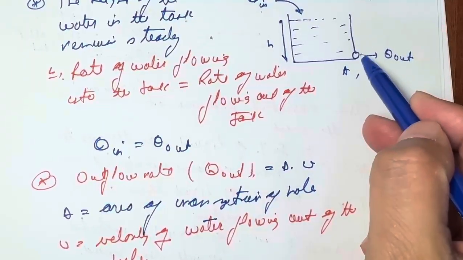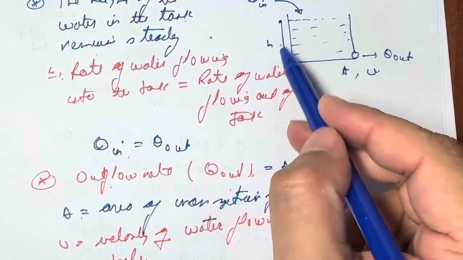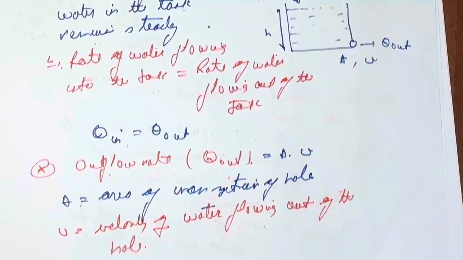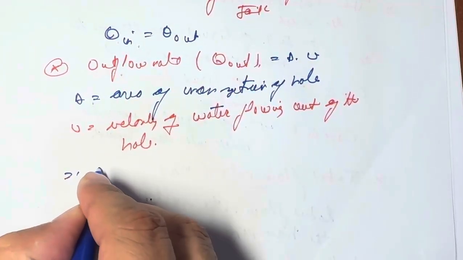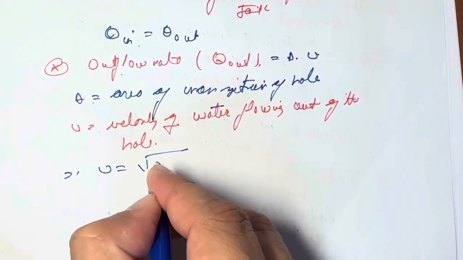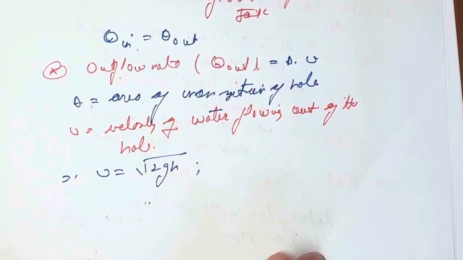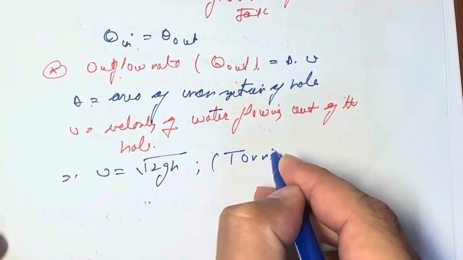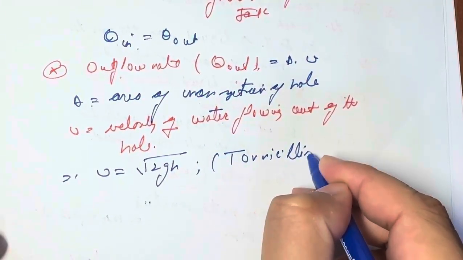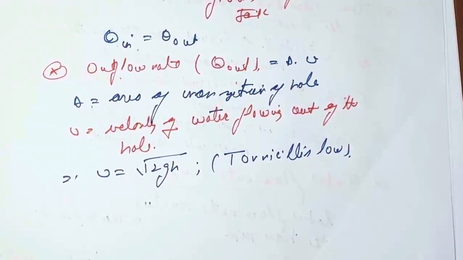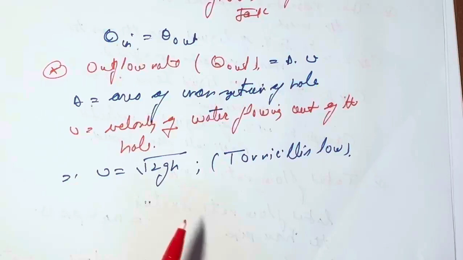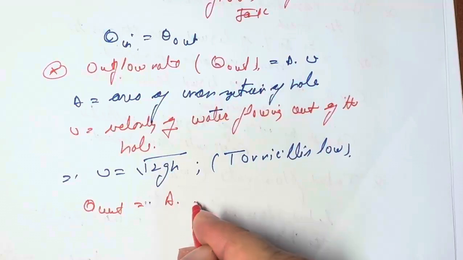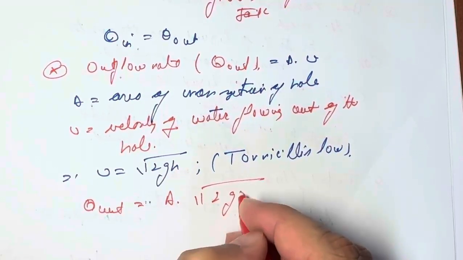Because this hole is right at the bottom and h is the height of the water, the velocity will be equal to root 2gh. So v is equal to square root of 2gh, with respect to Torricelli's law. Therefore our q out will be equal to a multiplied by square root of 2gh,